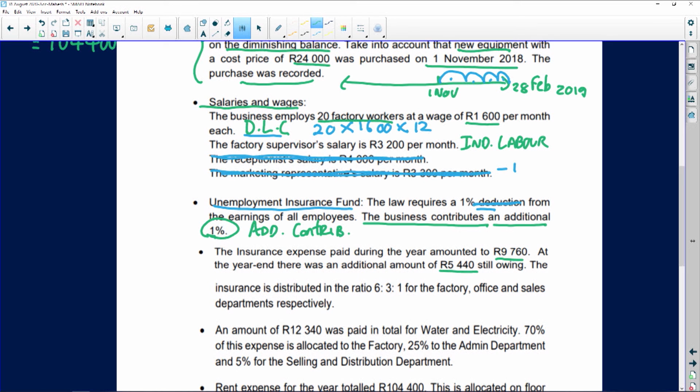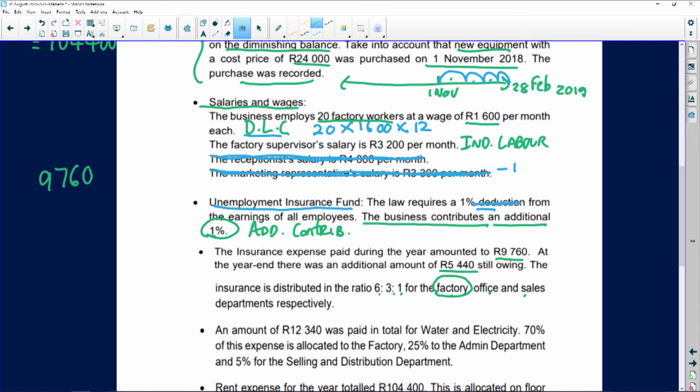The insurance is distributed in the ratio of 6:3:1 for the factory, the office, and the sales department respectively. So once again, I'm only interested in the factory. Remember that. Right, so how do I deal with this particular adjustment? And once again, guys, this is where we often find errors. So I'm going to start off with the insurance expense for the year,